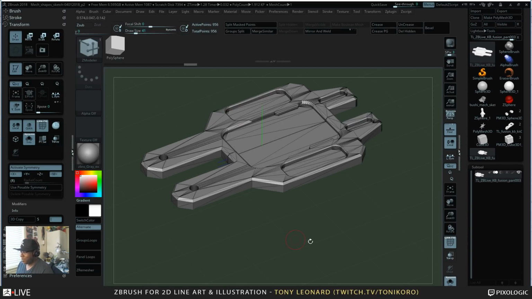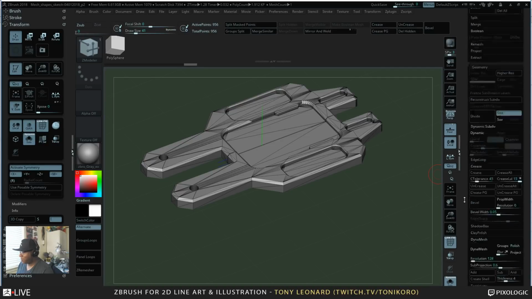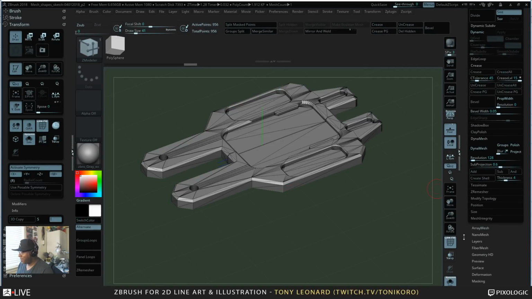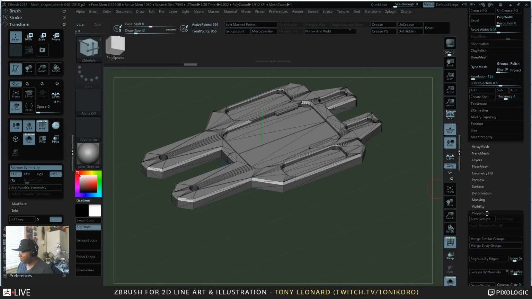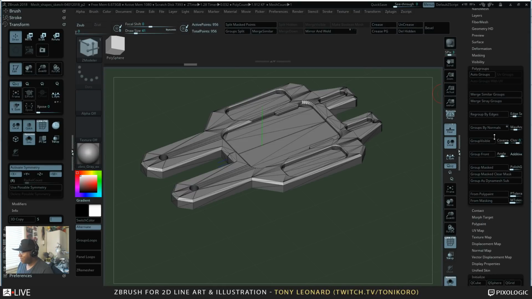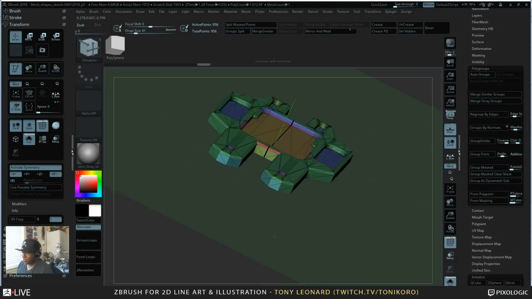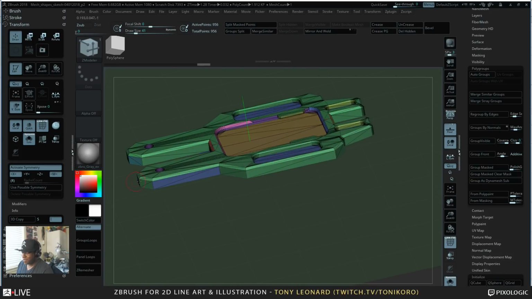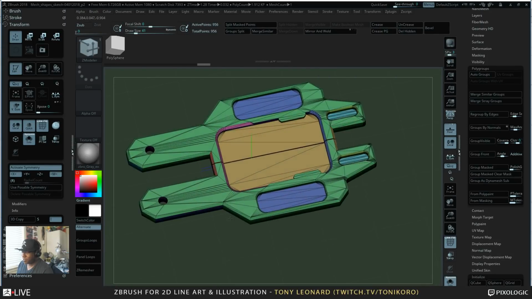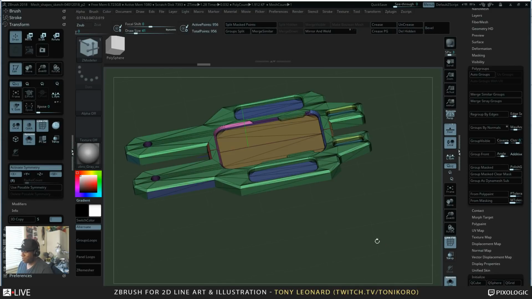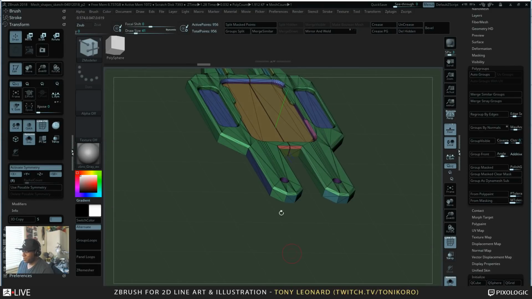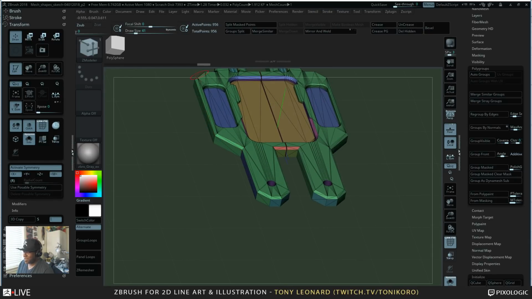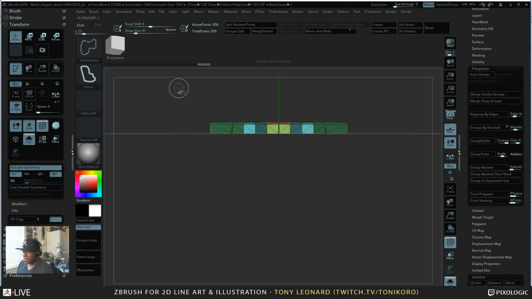I am, however, going to hit the polygroups and wireframe, hitting Shift F. I'm going to come over, use polygroups, and again, do a polygroup by normal, right? And so for all of those hard planar changes, I'm going to get a different face, and I could probably even edit this a little bit more. Some of them might become useful later, so sometimes they don't always connect, especially when faces are cut like this. It's not going to be a consistent edge, but I could always come in and hide the rest of these